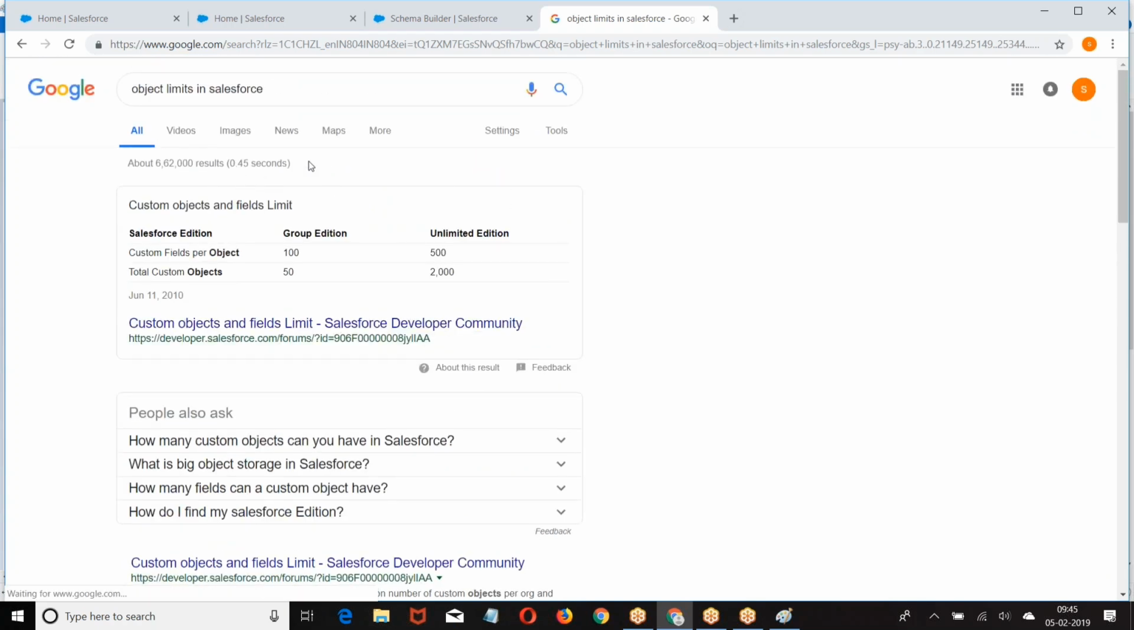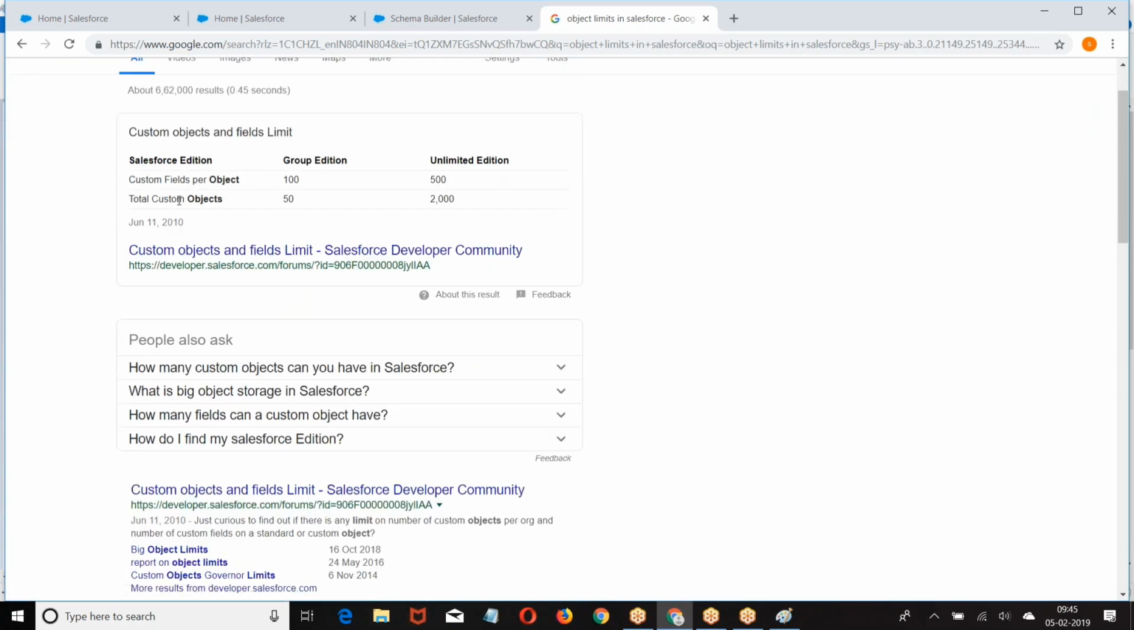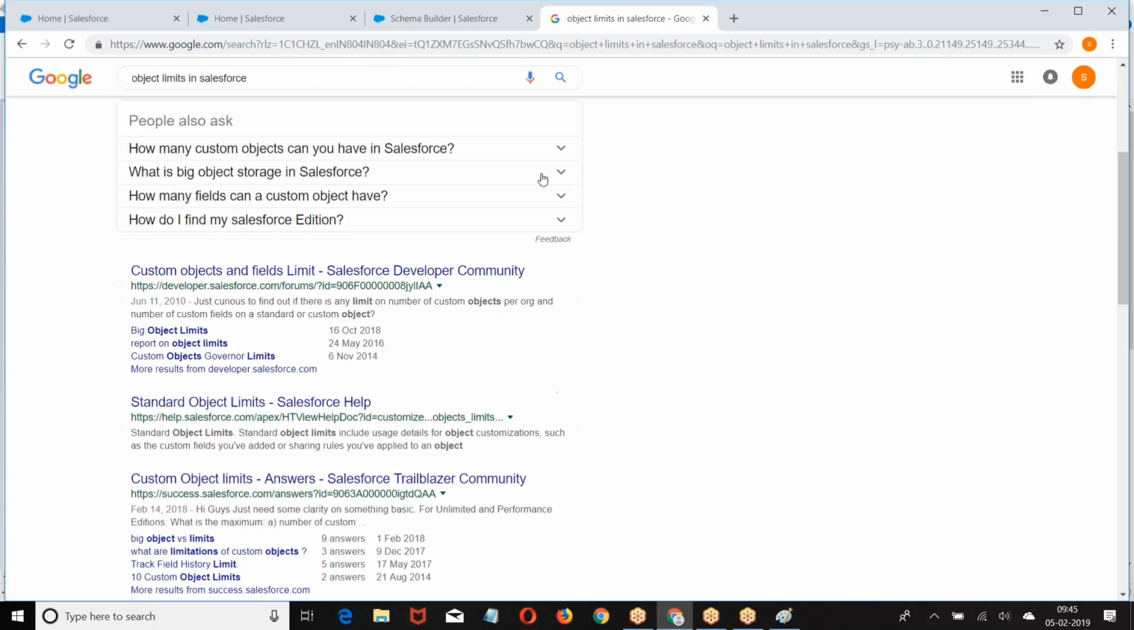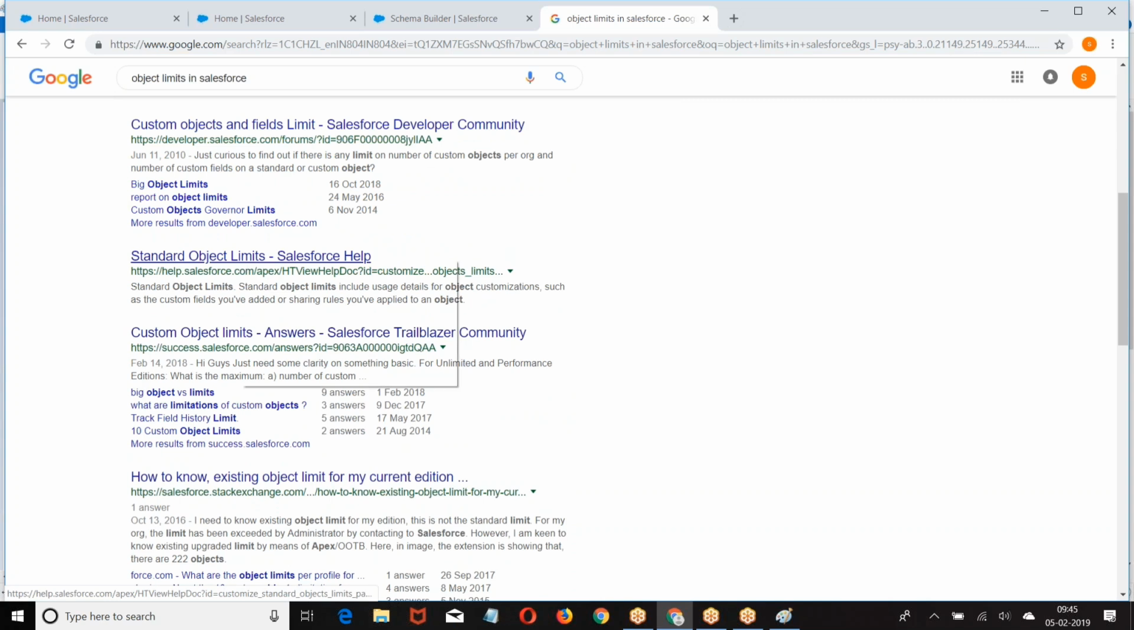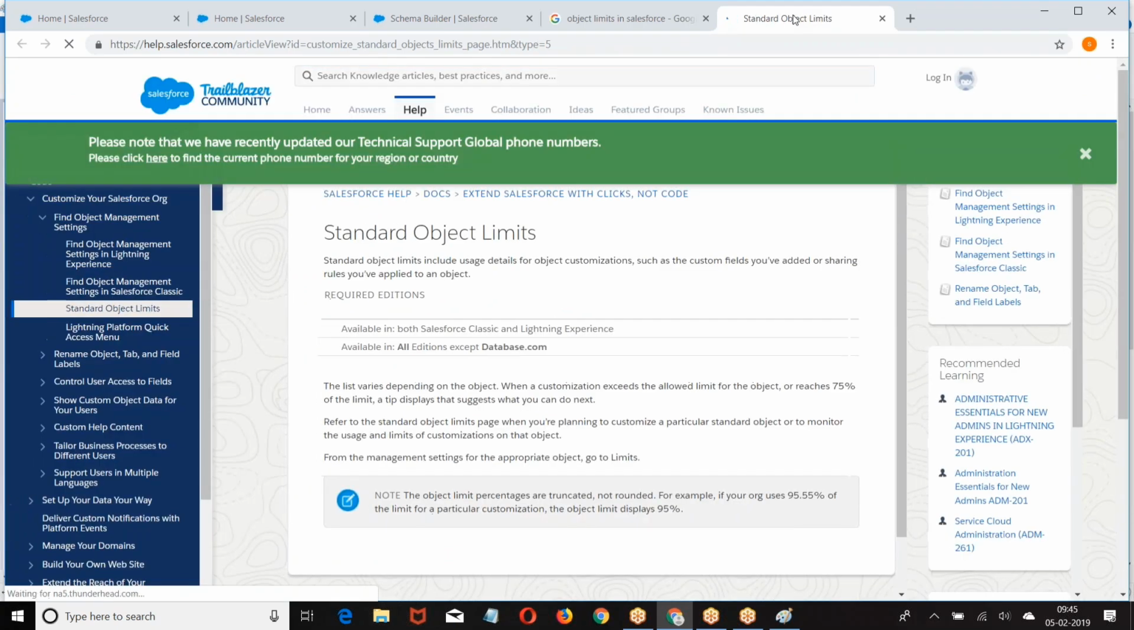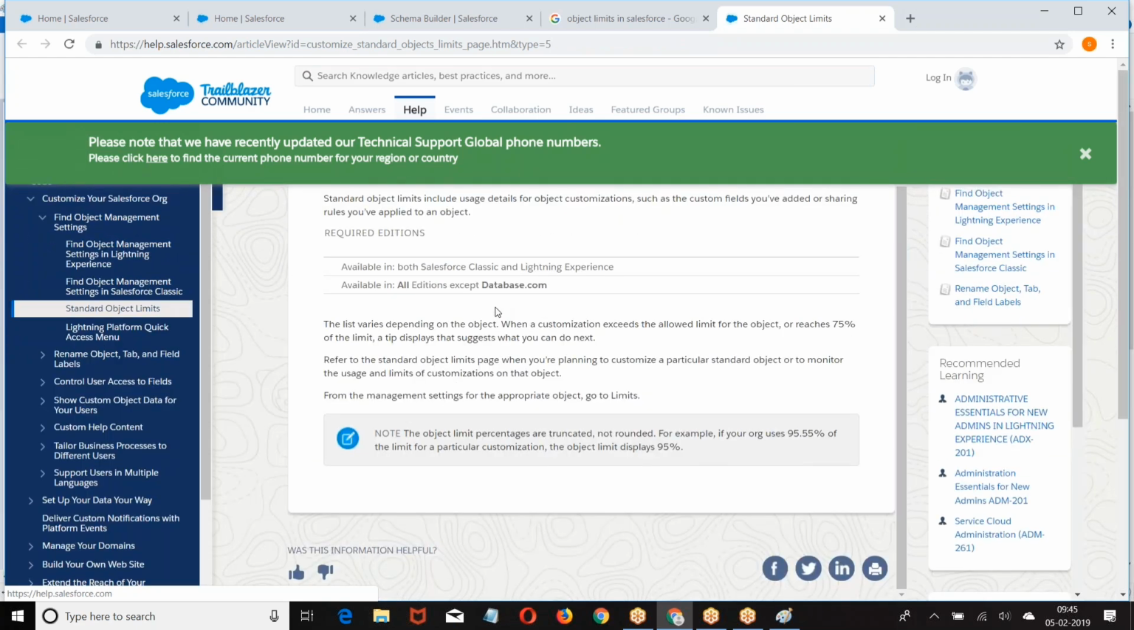How many custom objects can you create? In Unlimited Edition, 2000, and we are going to have 200 in Enterprise Edition. Our editions are majorly what? Enterprise, Unlimited. When you go to Enterprise Edition, it is 200. Unlimited Edition, 2000. Now, if you go to Developer Edition,